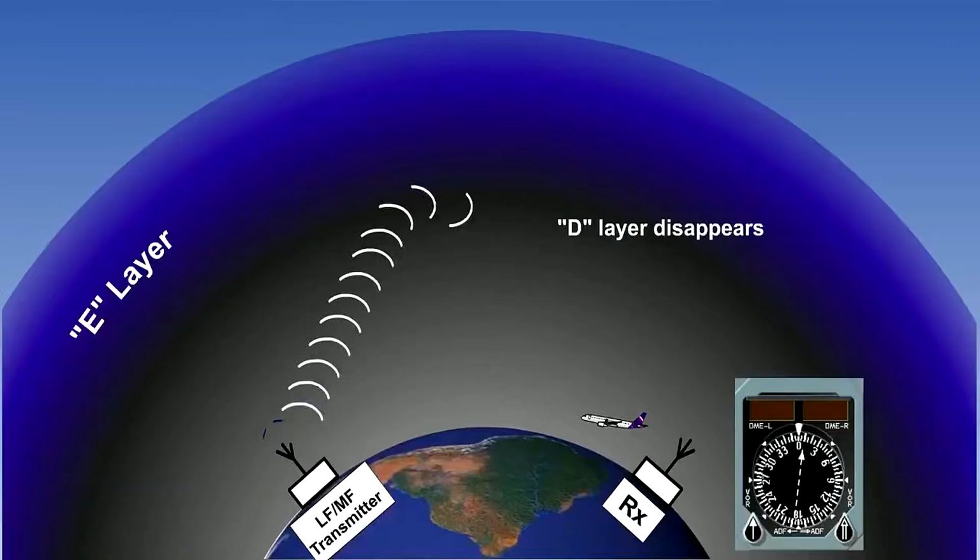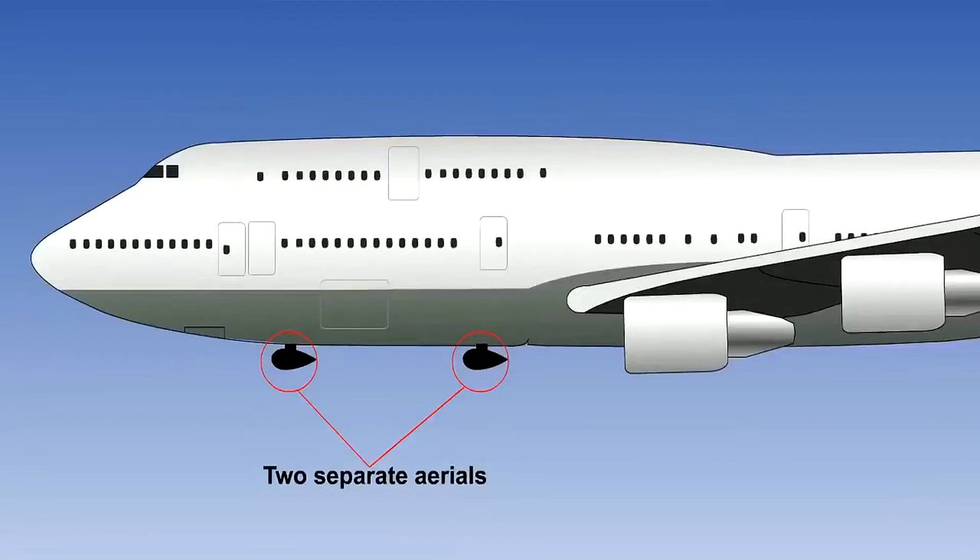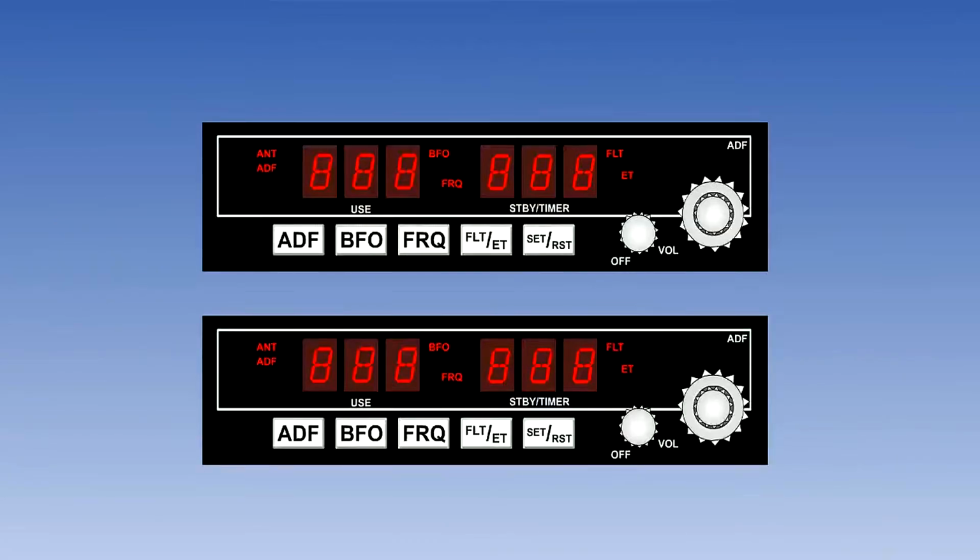Multipath fading occurs when sky waves contaminate surface waves in the low frequency and medium frequency bands. Multipath fading can be overcome by positioning two or more receiving antennae in different places so that at least one will receive a good signal. This is called space diversity. It can also be overcome by using two transmitters and two receivers, each pair tuned to different frequencies. This is called frequency diversity, and one of the receivers will usually receive a good signal.